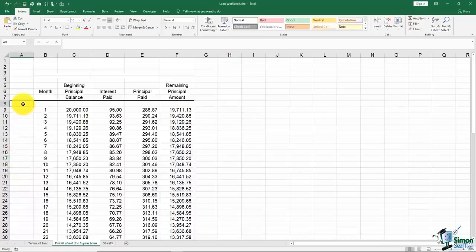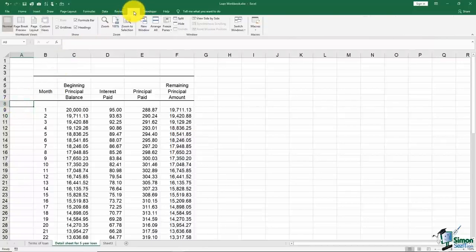I'm going to click in A8. The reason I'm clicking here is because when you turn on the Freeze Panes option, it's going to freeze any rows that are above where you clicked, and since I want 1 through 7 to freeze, I'm going to click in 8. It's also going to freeze any columns to the left in case you were trying to scroll left or right. We don't need that in this particular case, so we'll just click in A8 and freeze rows 1 through 7. All you have to do is go to the tab at the top that says View,